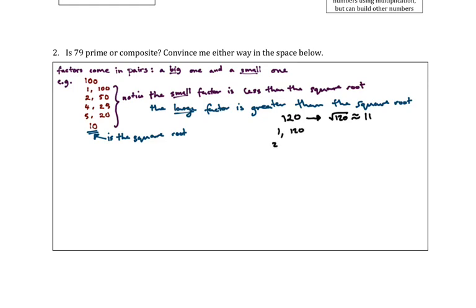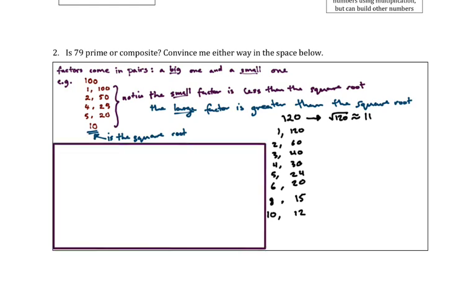So 1 and 120, that makes sense. 2 and 60, small factor, big factor. 3 and 40, small factor, big factor. 4 and 30, 5 and 24, 6 and 20, 8 and 15, and finally 10 and 12. So 10 is smaller than 11, 12 is bigger than 11, small factor, big factor. So this helps us with